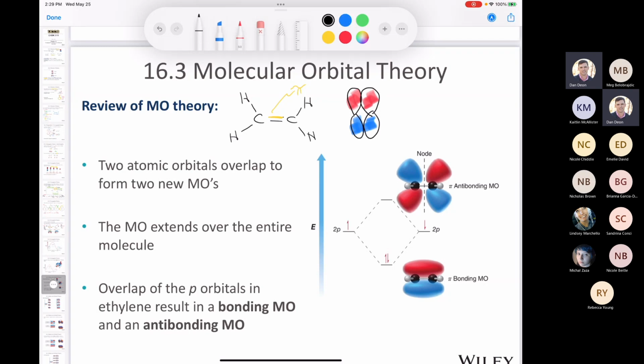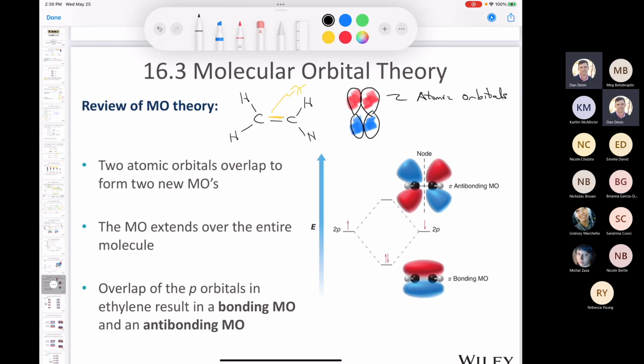The p orbitals are atomic orbitals. And it takes 2 p orbitals, or 2 atomic orbitals, to make a pi bond. So what we said in Organic Chemistry 1 is that for every atomic orbital that you have, you make a molecular orbital. So if we have 2 atomic orbitals, that means that those 2 p orbitals, when they overlap to